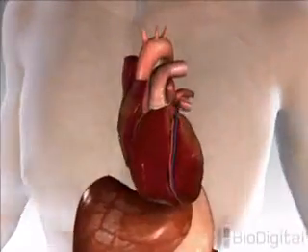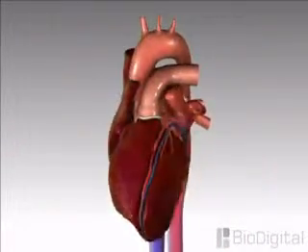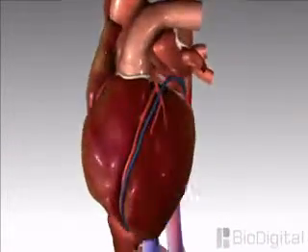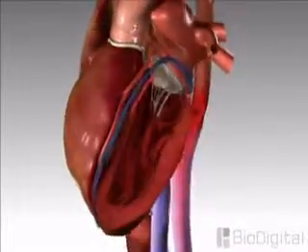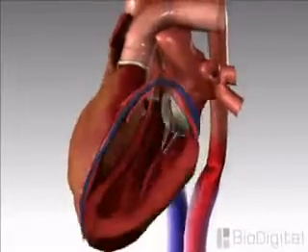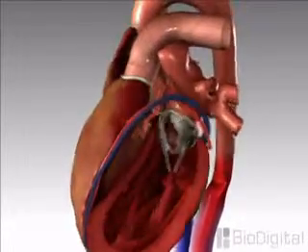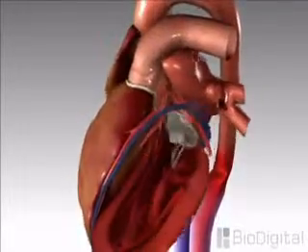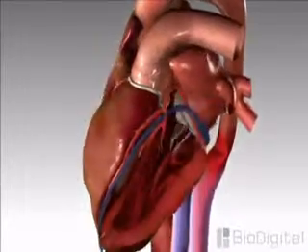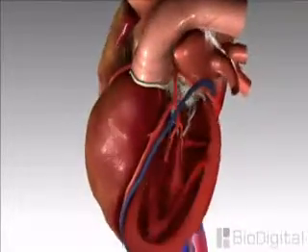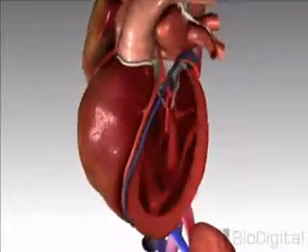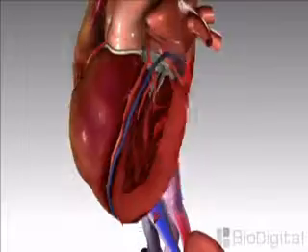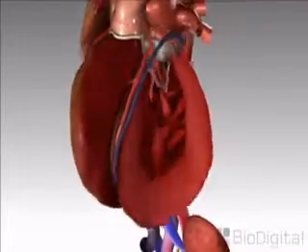A healthy heart, as seen here, beats approximately 60 to 100 times a minute, providing oxygen-rich blood to the rest of the body. The lower left chamber of the heart, called the left ventricle, is the main pumping chamber. There are many different conditions that can lead to congestive heart failure, including a prior heart attack, high blood pressure, and coronary artery disease. Any of these can prevent the heart from efficiently pumping blood to the rest of the body. As a result, the heart may beat faster, and the ventricle may increase in size, becoming an even less